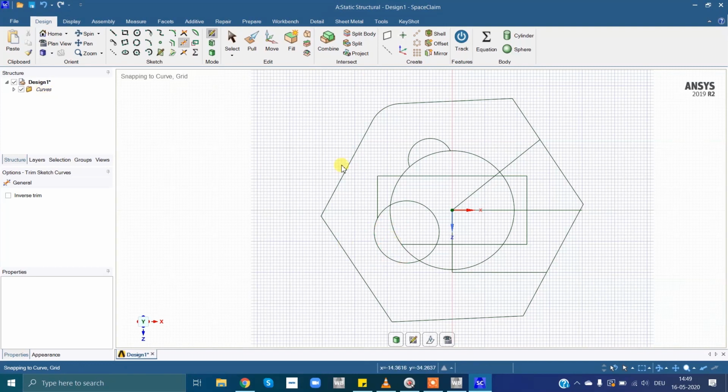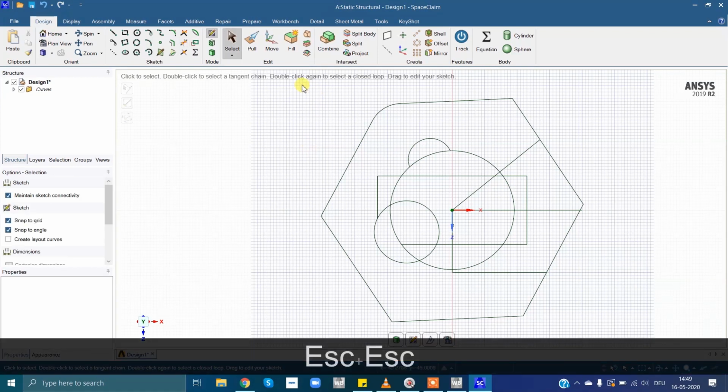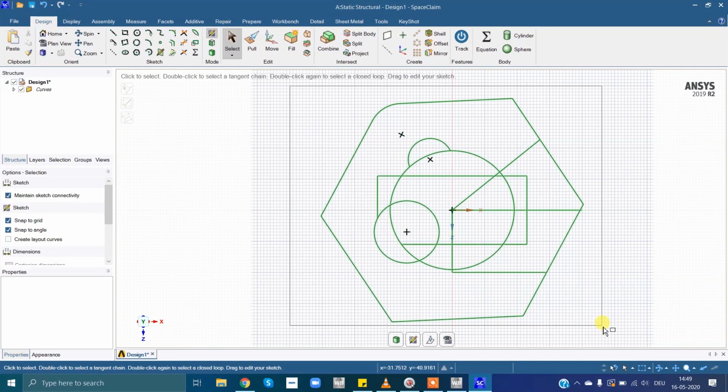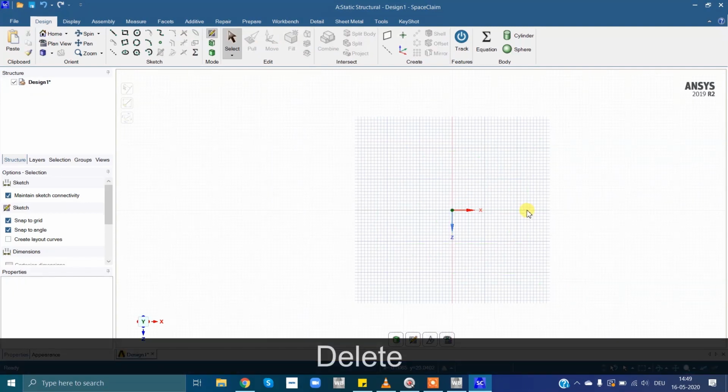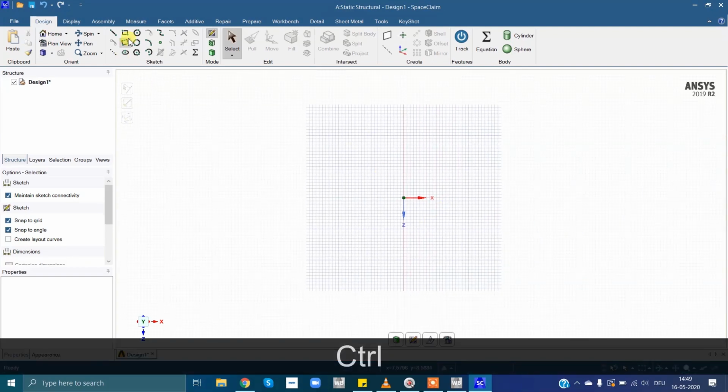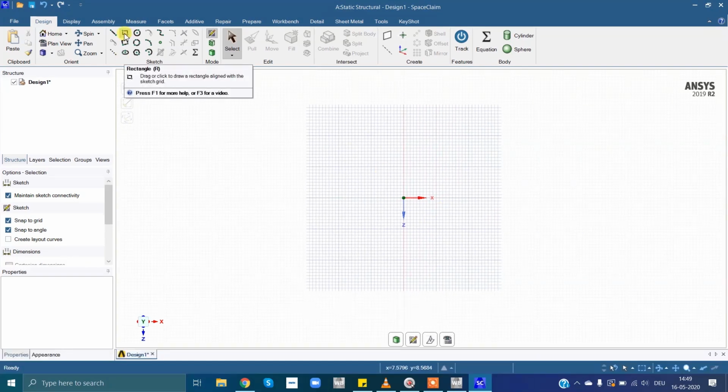Now I'll show you how to create a 3D model from 2D drawings. So firstly, I'll delete this. For deleting this, you can select all and simply press delete. Now suppose I'll draw one rectangle.